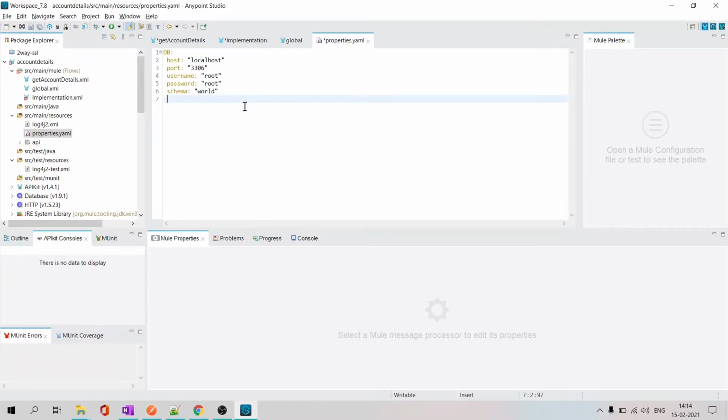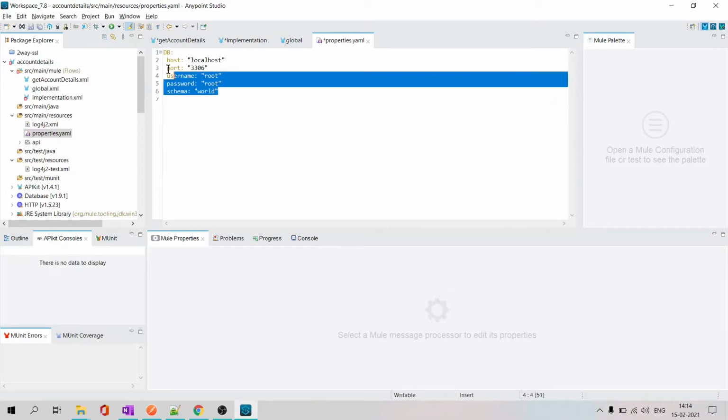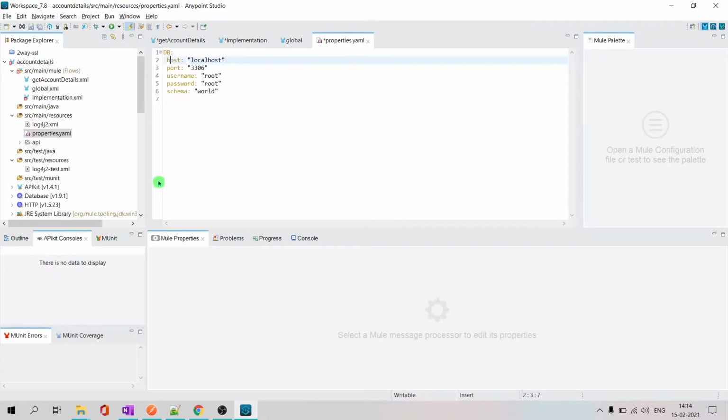Why I said YAML is preferred is because you'll have an indentation here which clearly shows all these properties are related to DB. If you use .properties instead of .yaml, we would have to write the whole property name here like db.host, db.port. It's not good looking, right? So this is far better looking and easy to identify with our eyes.